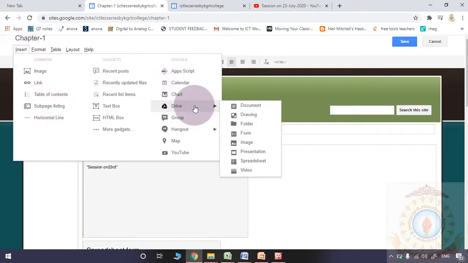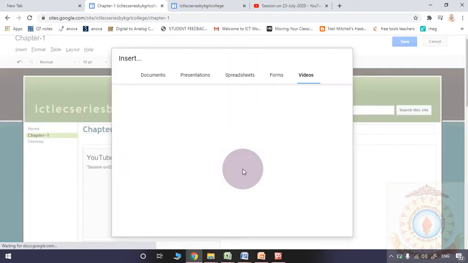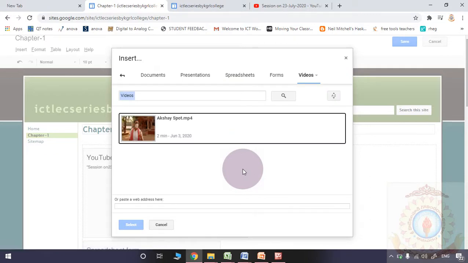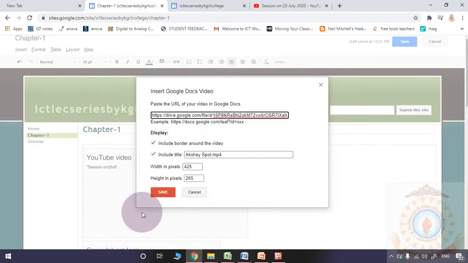Yes, that chance is also there. Please observe, from your drive, the video option is available. In the previous sessions, I told about Screencastify. All the videos, whenever you are using Screencastify for recording your lecture, will be preserved in the Google Drive. You may simply pick up any video file from Google Drive and you may include it in your page also.